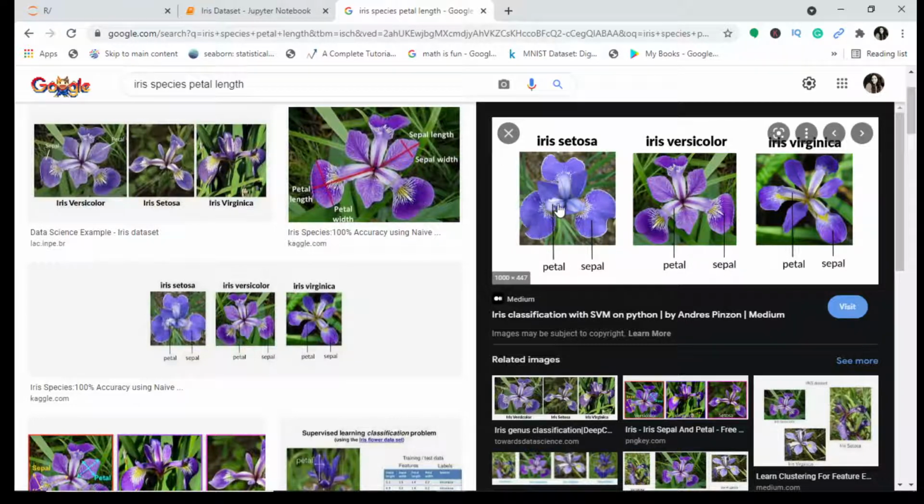This is the sepal, and these are the petals. So you can see that the petals of the different iris species are different, right? For Setosa, you've got small petals. For versicolor, you've got long petals. And for virginica, again, it is a different petal altogether. So there are certain things which make the characteristics of these iris species more prominent, and which will help us understand how they differ from each other. So let us understand this.